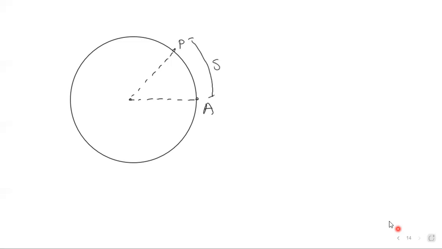So s is your displacement. We will calculate the velocity as delta s over delta t, or ds/dt. And your acceleration is then the derivative of v with respect to t, the change in v over the change in t. Are you familiar with the concept of angular velocity and angular